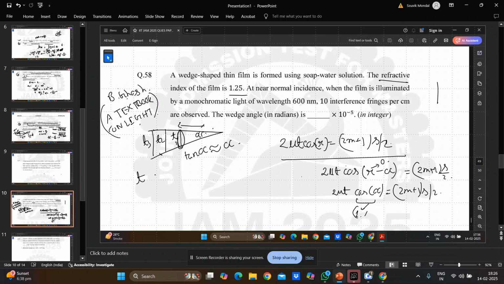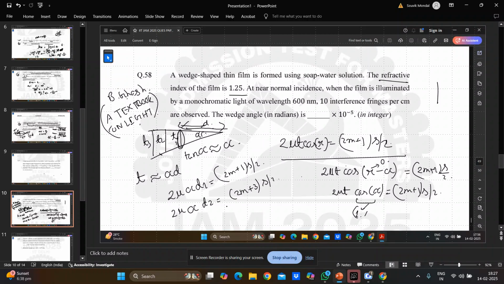So t is approximately equal to alpha times D. D means I am now denoting this distance as t. So 2 mu alpha D is equal to (2m+1) lambda by 2. Now suppose alpha is fixed, mu is fixed. Suppose this is D1, where you are getting the mth order maxima. And suppose at D2, you are getting the (m+1)th order, that means (2m+3)